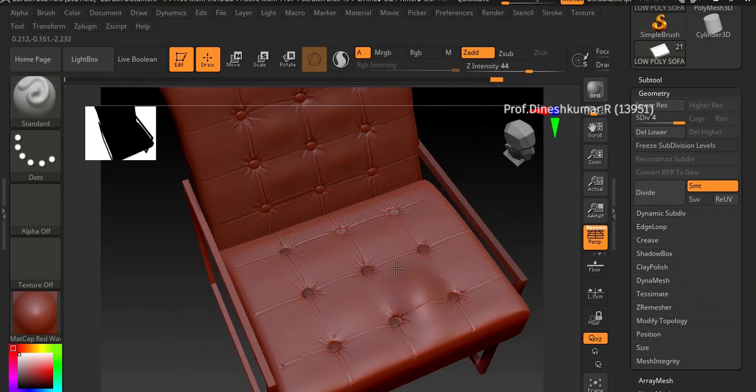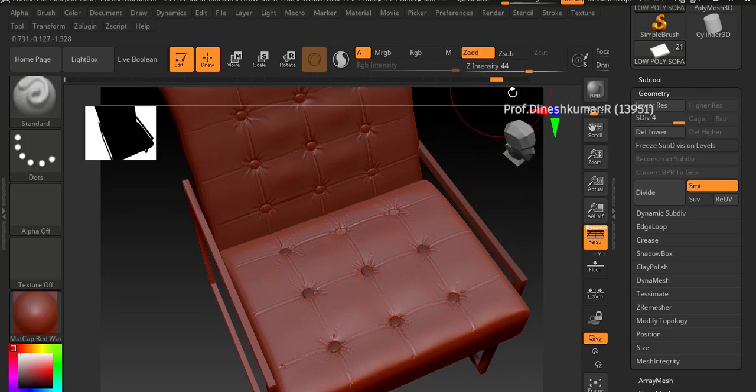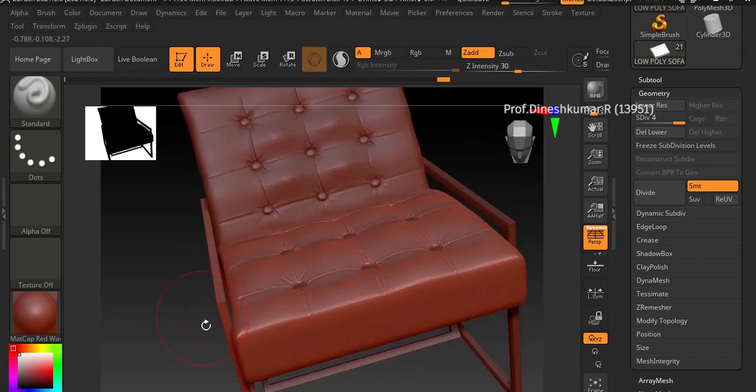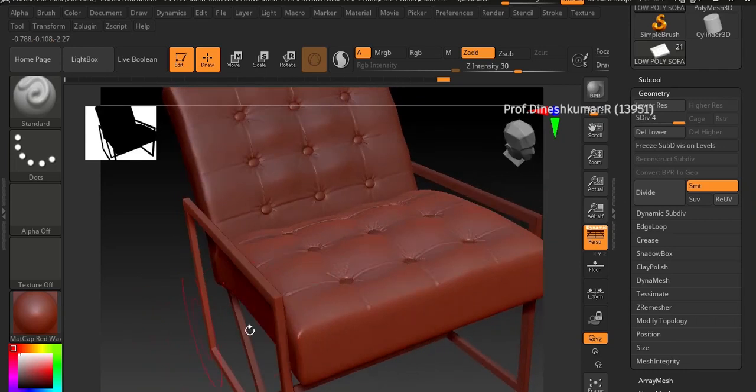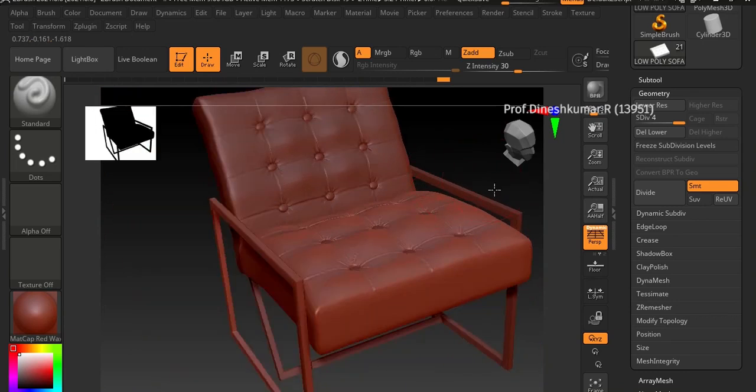If you just click and drag any area, it would make it bigger. Okay, so don't worry too much about it. Let's bring it to 30. So let's add little birds here and there. And lower the shape. So it's really like a bunch if it is there. And if you look into a few sofas, there will be changes. Like